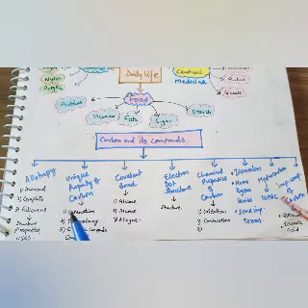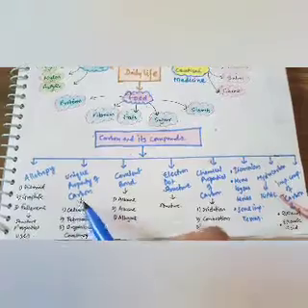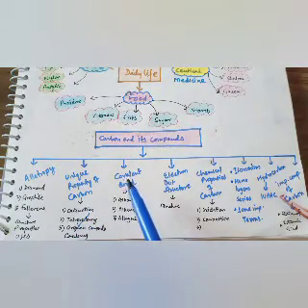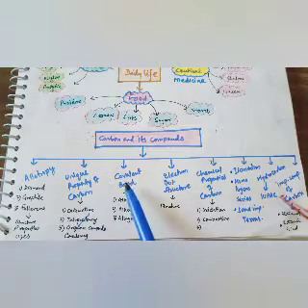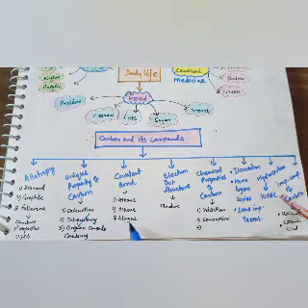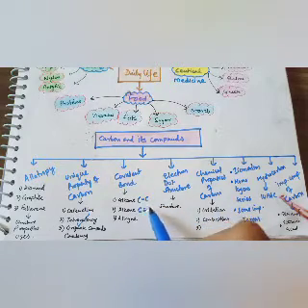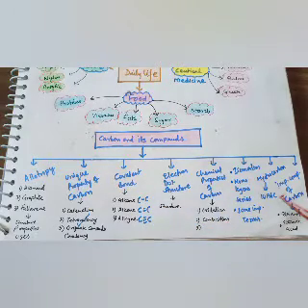Then the unique properties of carbon: catenation, tetravalency, and covalency are the unique properties of carbon. We will talk about the covalent bond in detail, where alkane, alkene, alkyne. Alkane is a single bond carbon, alkene is a double bond carbon, and alkyne is a triple bond carbon. In detail we will study.